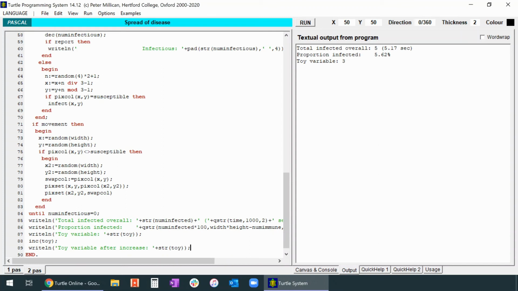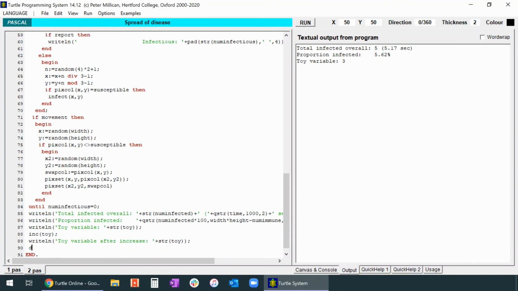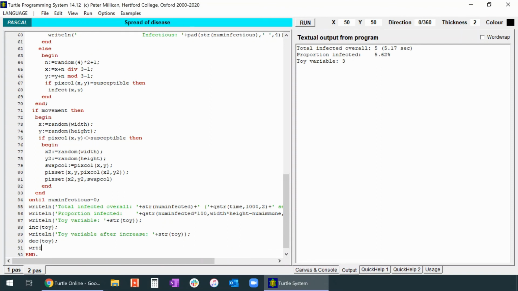Okay, let's do this a couple more times, except let's now decrease it. So if we decrease toy and then get it to output for us toy variable after decrease plus str toy,